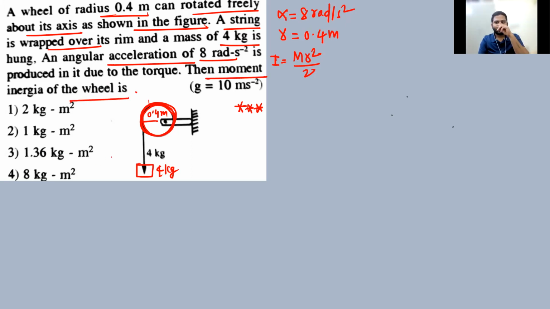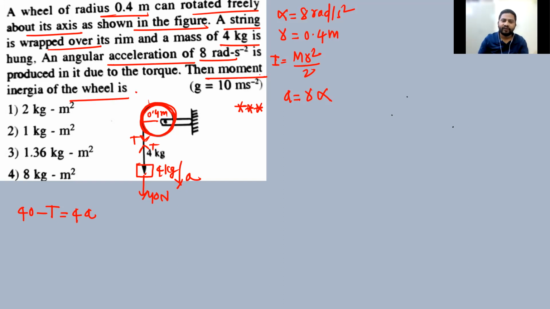Remember, whenever this type of question comes, you should follow a few steps. The first step is that you should draw the free body diagram. So 40 newtons will act downwards and the tension will act upwards, and the mass will be moving with an acceleration a like this. Applying the free body diagram, 40 minus tension is equal to mass into acceleration. That acceleration is the linear acceleration, my dear, and you have the formula relating linear acceleration and angular acceleration: a is equal to R alpha.